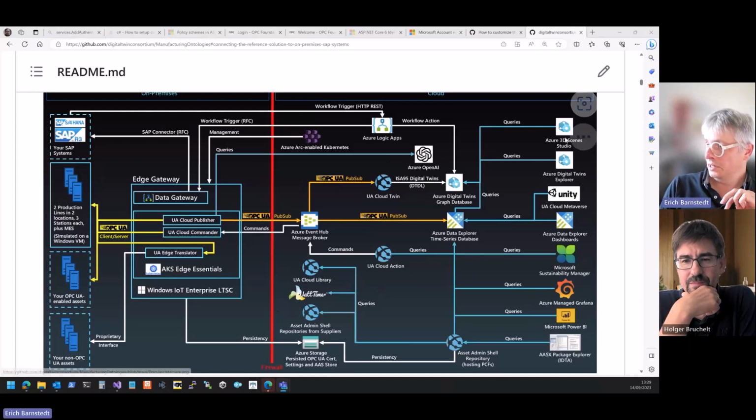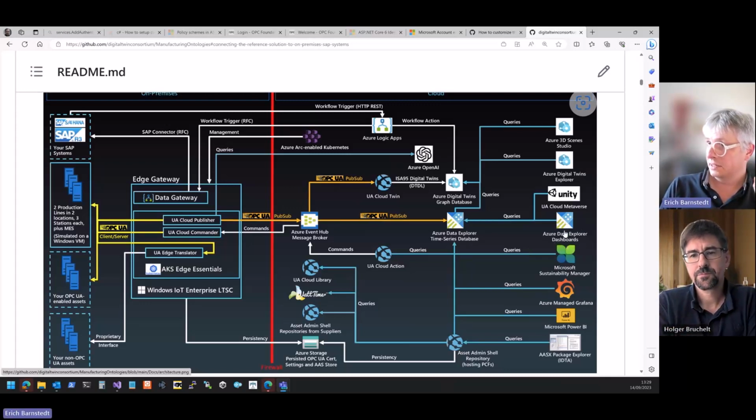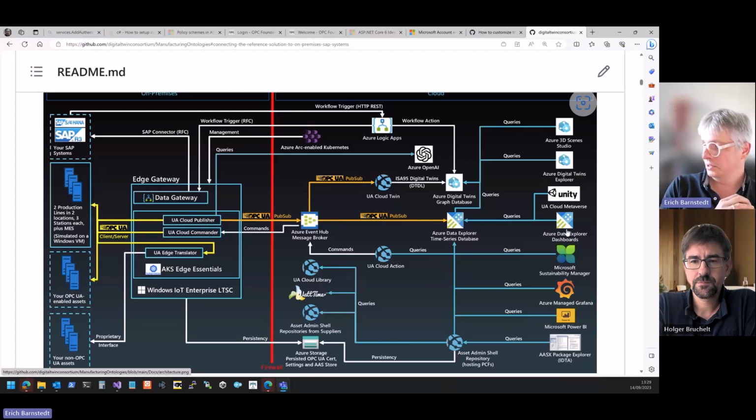And then on the right, you have the different applications to visualize the data, to do more calculations. For example, Microsoft Sustainability Manager also has the ability to calculate the product carbon footprint. Azure Data Explorer obviously has a no-code dashboard, the Azure Data Explorer dashboard, sorry, that's the official name. It's just dataexplorer.azure.com. You can log into it, create dashboards with a few clicks, and connect to your database.